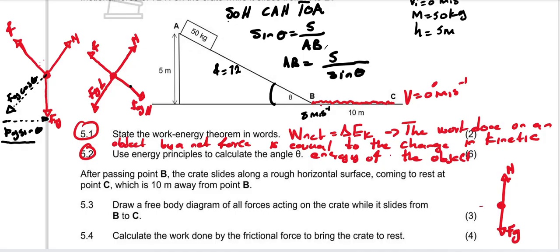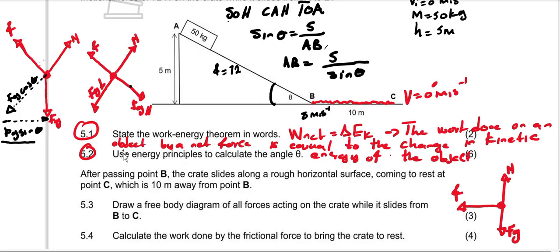Since it is a rough surface, we have a friction. Friction always opposes the motion of an object. Because the object is moving from B to C, friction will point from C to B. That's why it is pointing on that side. Here's our friction. Do you get me? Now, let's go to